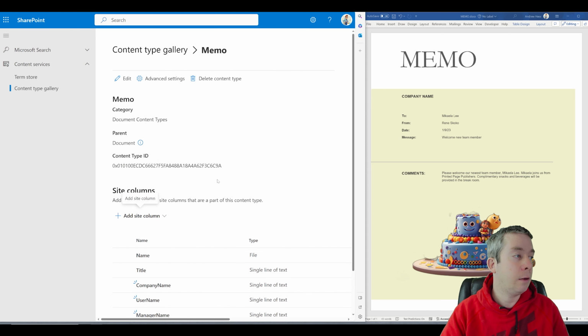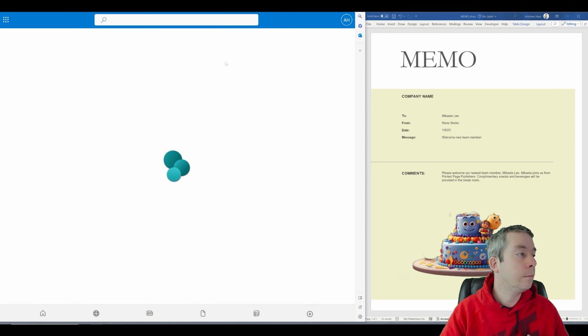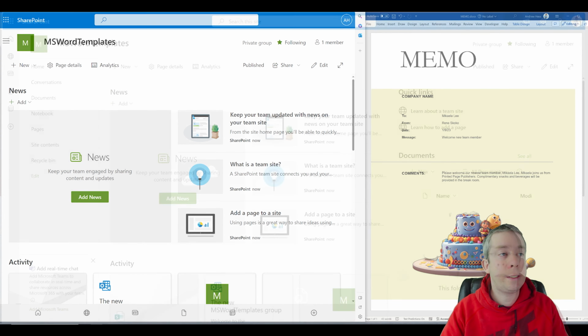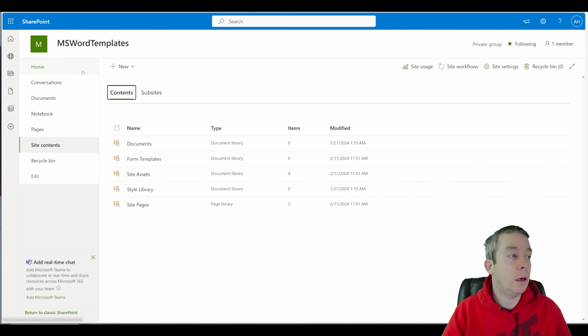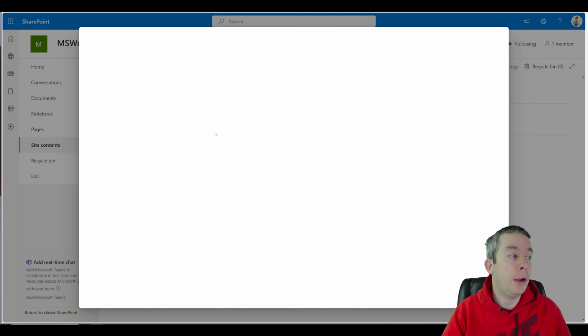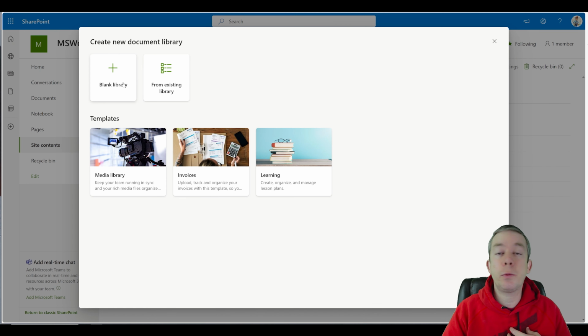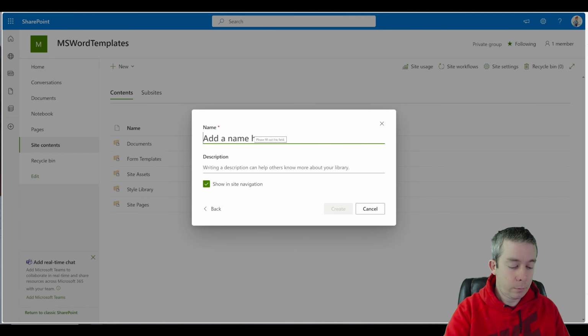And we'll click save. Okay, so now let's go back to our site. Back to our SharePoint site. So I'm going to create in site contents a new document library. And this is where our templates are going to be. It's going to be from a blank library. And we'll just call it memos